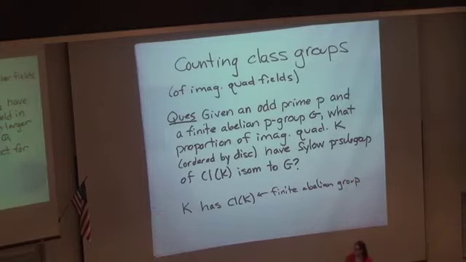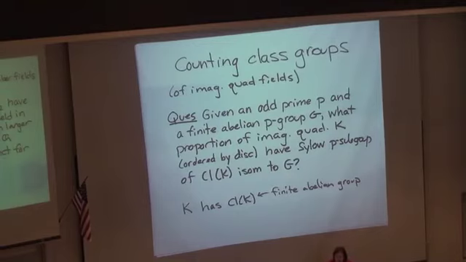Okay, so some finite abelian group. We know what all finite abelian groups look like. They're just the direct sum of their p-primary subgroups for each p. They have a p part for each p. And so I'm asking about, say, for any prime 3, 5, 7,